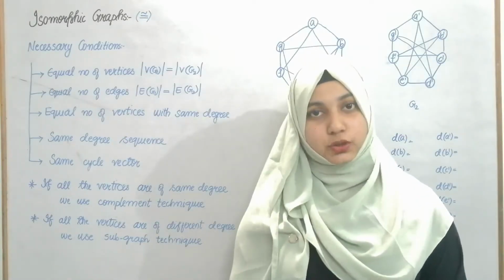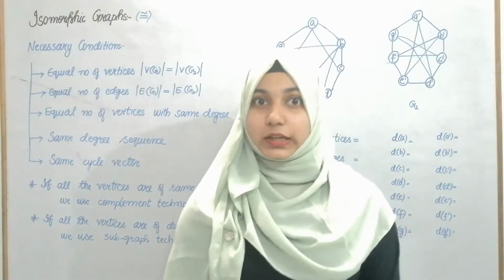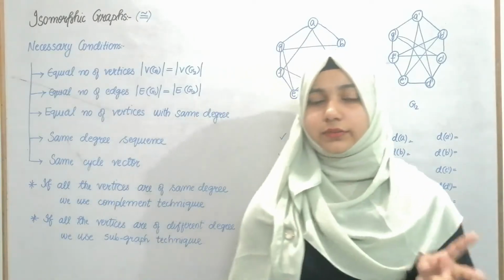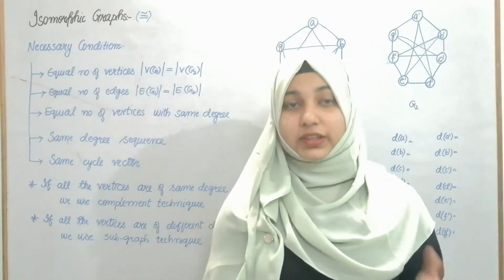Okay, moving on with the next topic, that is isomorphism. Isomorphic graphs or isomorphism. Now what do we call isomorphism? If you are given two graphs, G1 and G2, they are said to be isomorphic if and only